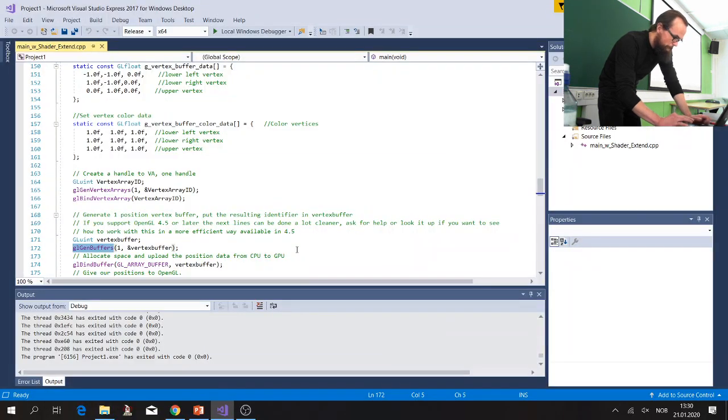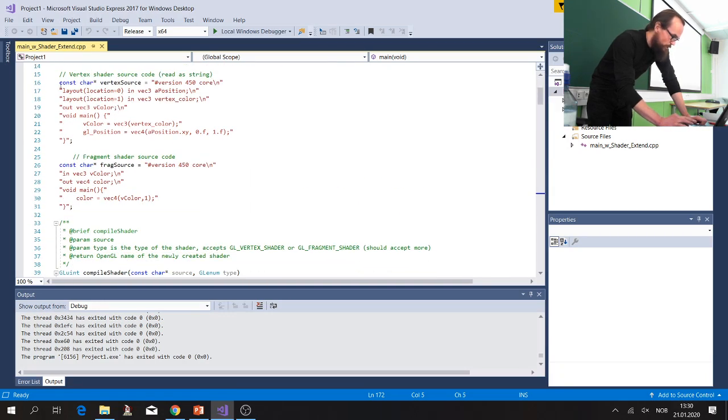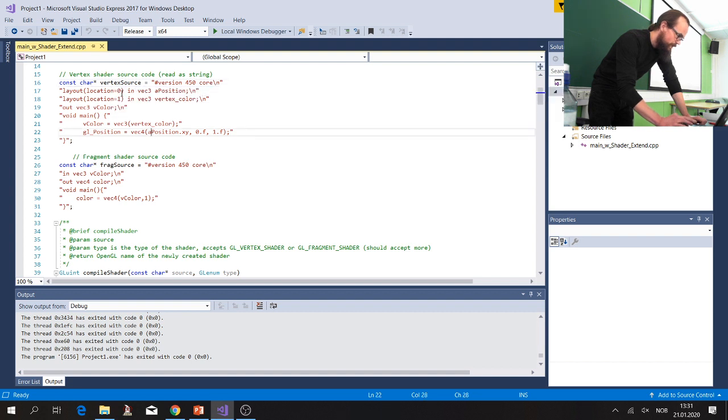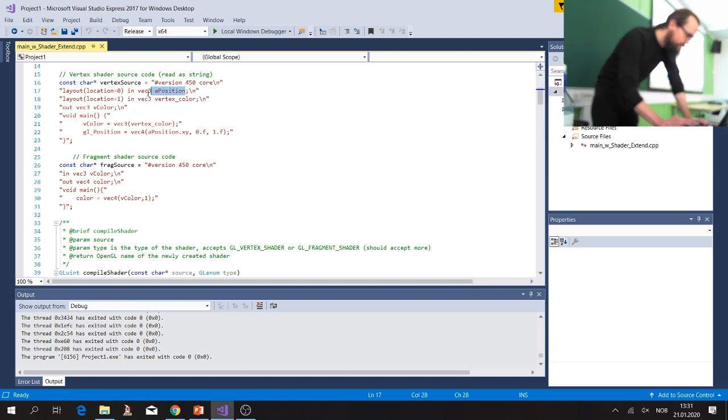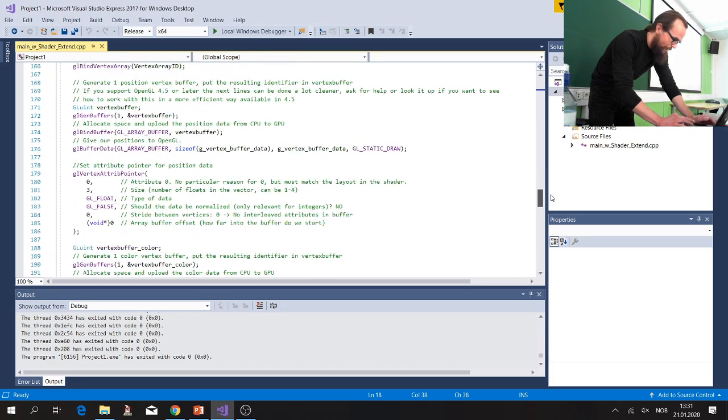First, now Carl has updated this, as I said, with shaders. So he put up a vertex shader here. Don't mind the code yet. I will explain that later. Basically, you input the code as a string, and in here you set this location 0 here, which refers to the attribute pointer. So this refers to this input being positions, and this one refers to this input being color. I'll get back to this once I talked about shaders, but I will just show how to set up these things